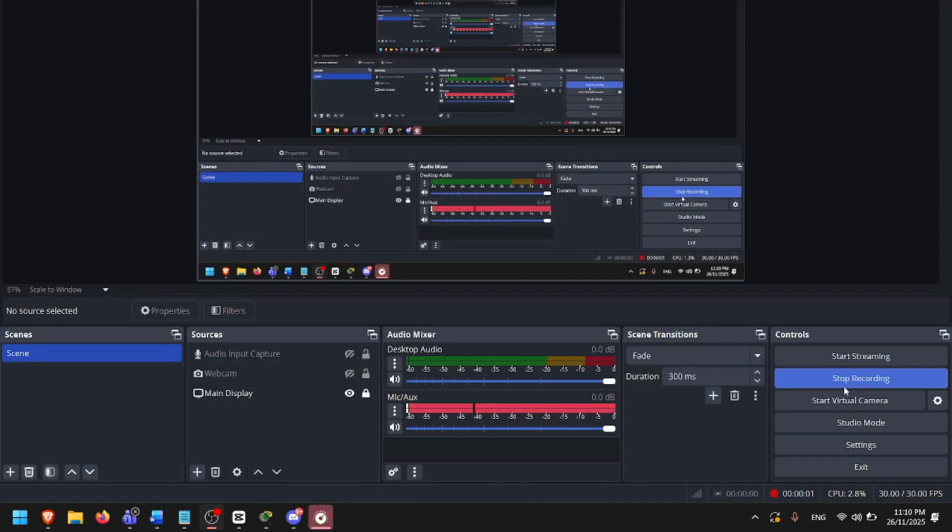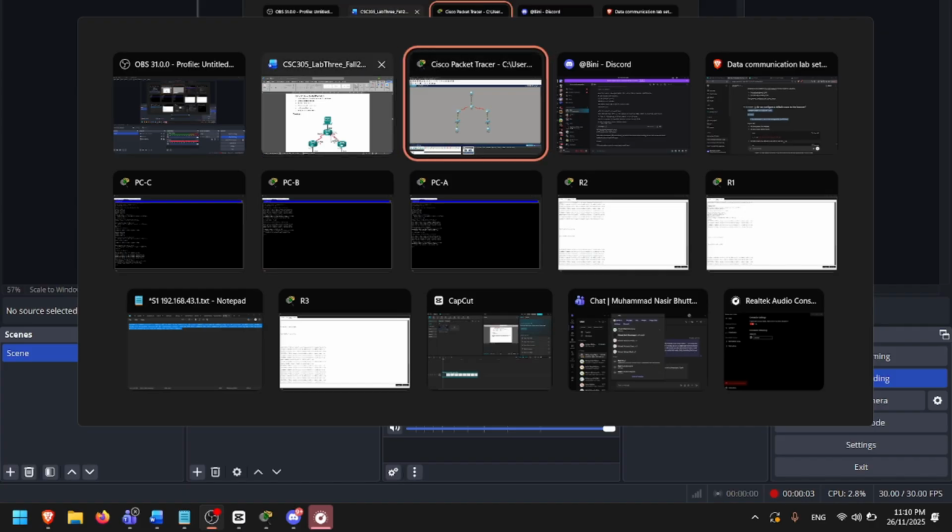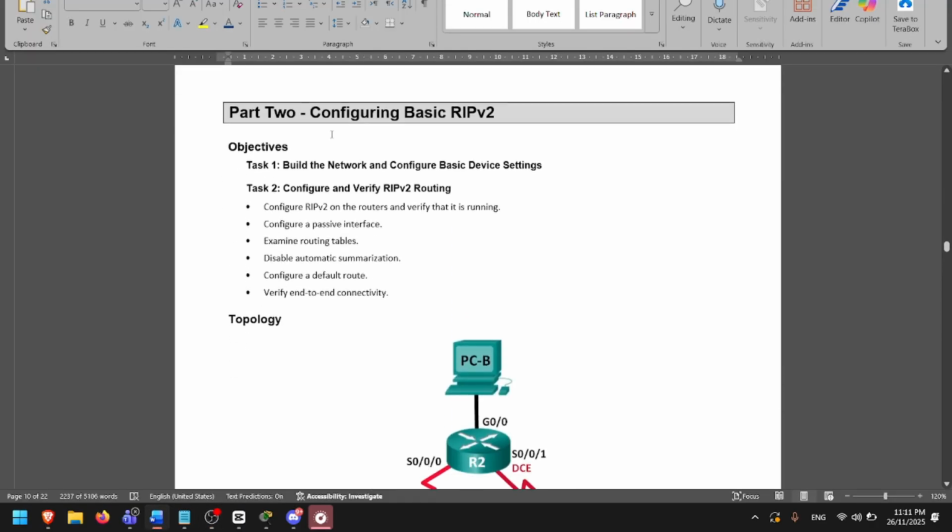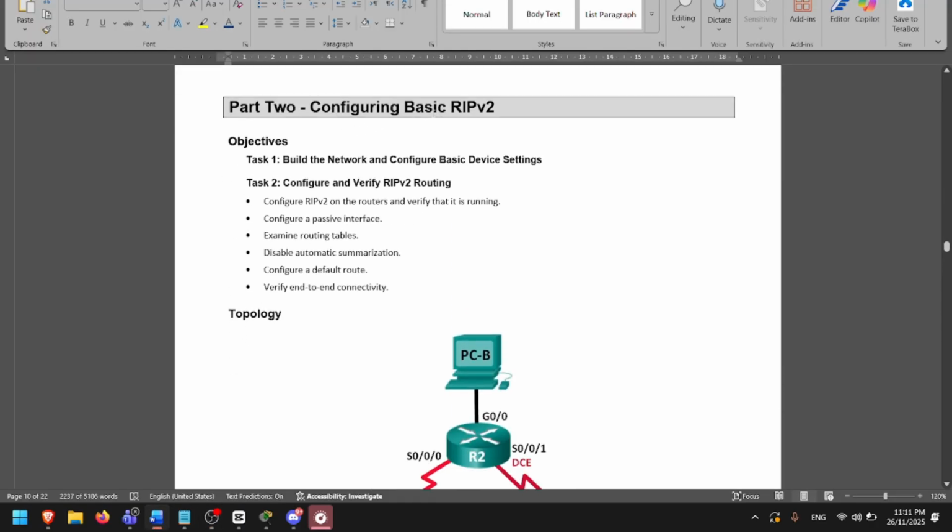Hello everyone. Now we're gonna do part two. In lab 3, part 2 is about configuring basic RIPv2. I want to explain first what RIP is. RIP is the Routing Information Protocol. It basically makes routers self-update. If you add a new network, RIP will automatically spread the information without needing manual static routes everywhere